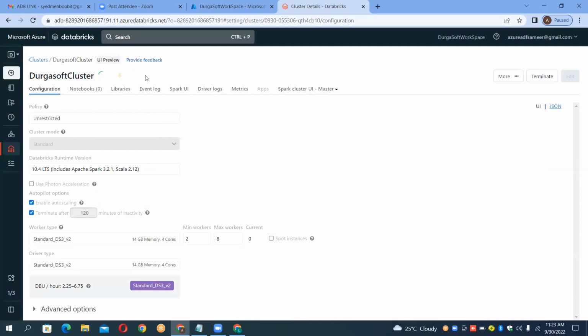Samir, how to define the workers? That means slaves. What type of cluster do you mean, the high concurrency, standard or what? Here we can choose minimum workers to maximum workers. I'll explain it to you. We'll discuss it. Just to complete this particular process, I'm just doing it. I will explain the whole process tomorrow: what a worker node is, and what this standard mode is. All these things we'll discuss tomorrow.